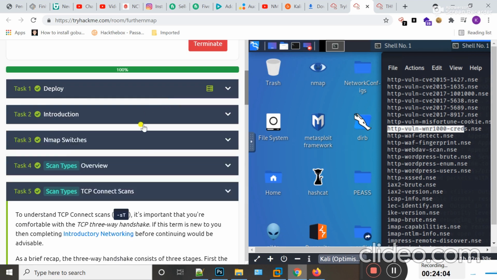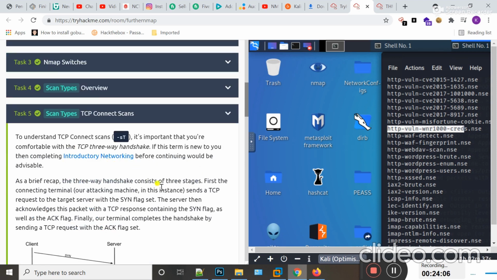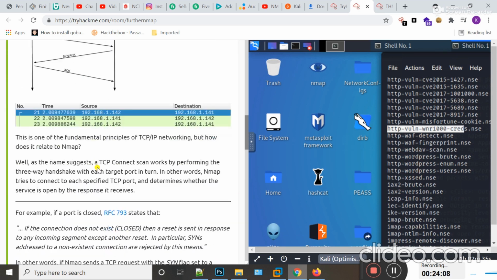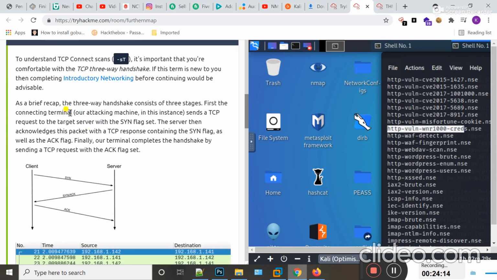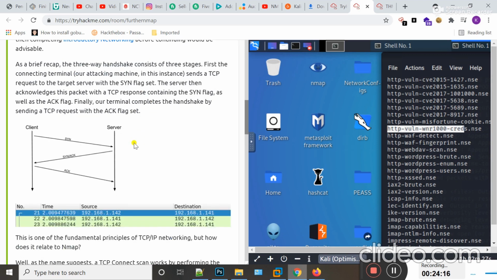Okay, here you see TCP connect scans. Guys, basically, a TCP scan is going to perform a three-way handshake. Actually, Nmap works on three-way handshake techniques. You can see here in the picture, if a client wants to communicate with the server, the client should send a SYN request to the server.